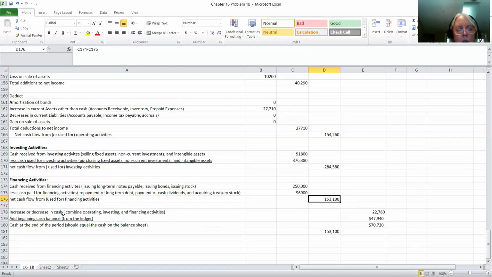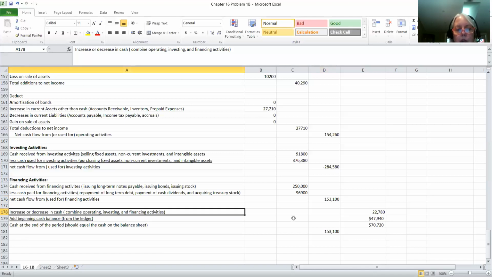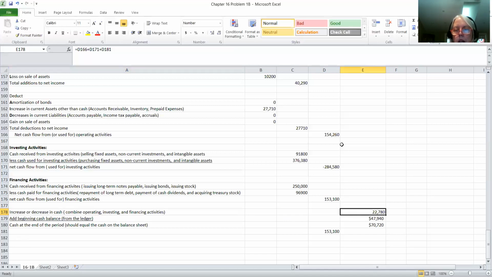In the last part of the statement of cash flows, we will need to determine an increase or a decrease in cash. And what we're going to do is we're going to combine our operating, our investing, and our financing activities together. That is $154,000 minus $284,580 plus $153,100. We combine our activities section together, and overall we have an increase in